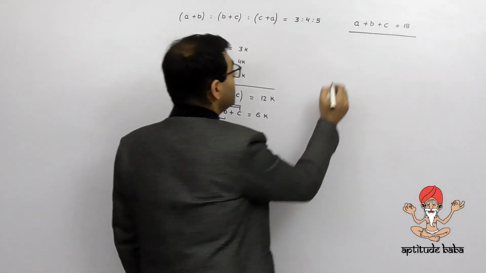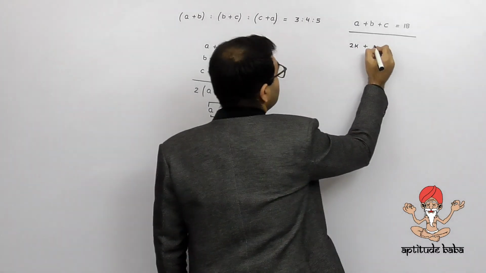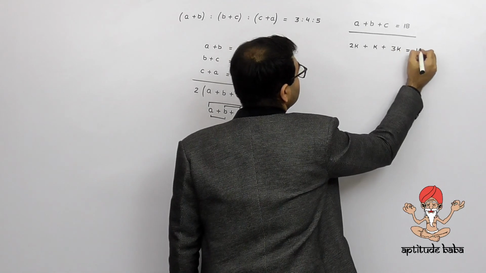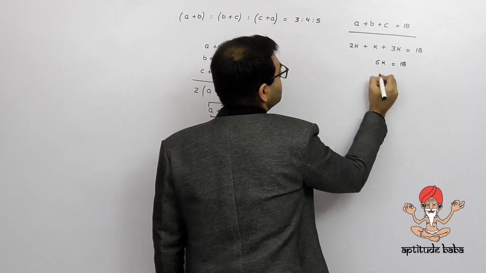So what do I get now? A was 2k, so 2k plus b. What was b? B was k. And what was c? C was 3k. So 2k plus k plus 3k equals 18, which implies 6k equals 18, or perhaps the value of k ends